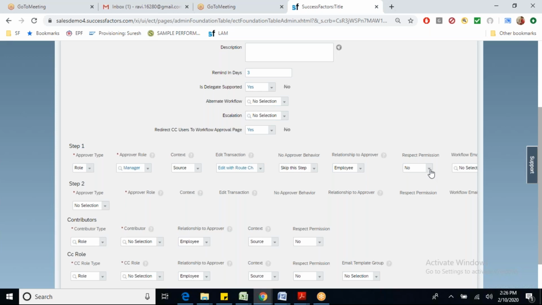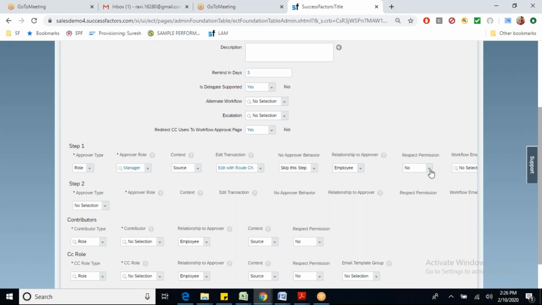Respect permission. Now, when the request is made, the workflow will be sent to the manager. If the manager doesn't have permission for some fields, let's say while doing the transfer, I have changed fields like manager, location, division, department, pay grade, and so on. So I have changed 4 or 5 fields. If the manager has access to all those fields, then the manager will see them because we are respecting the permission.